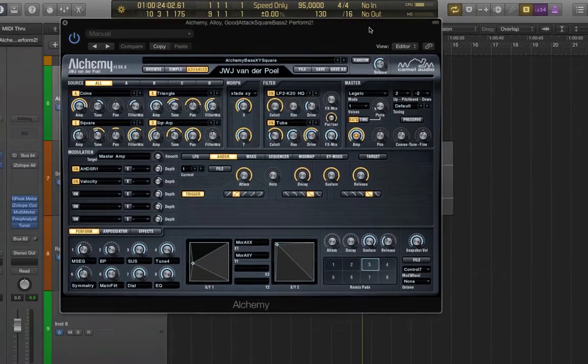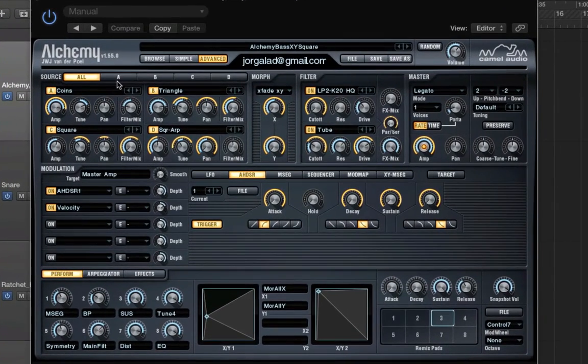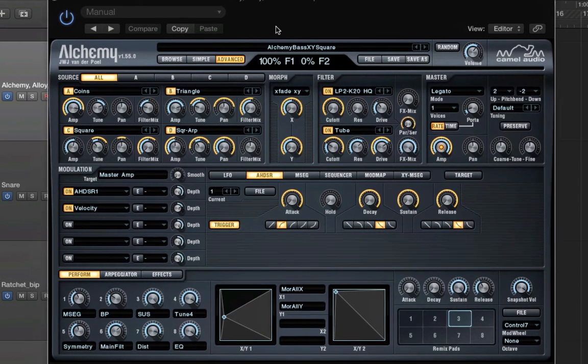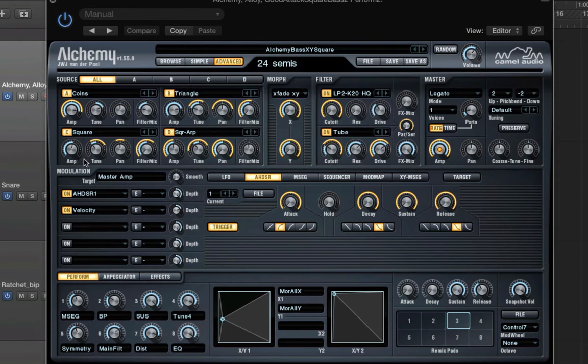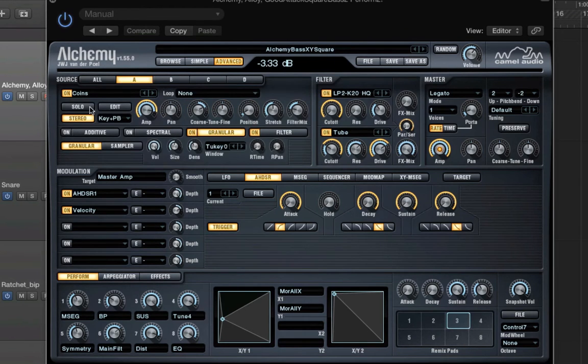And here we have Alchemy, and to do that I loaded a different sound source in these 4 oscillators. So the first one, A, has coins, the second one has a triangle, just a waveform, then a square and another square waveform. And so the metallic sound is oscillator A, if we solo that,